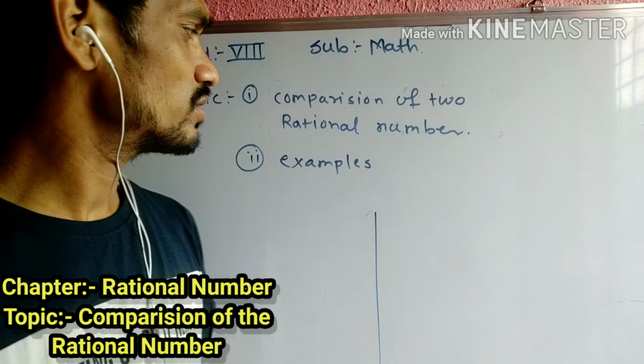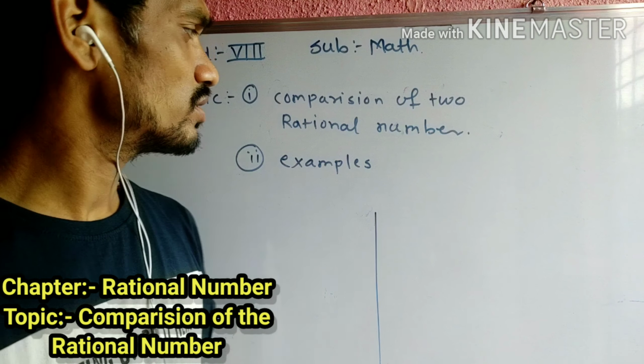My 3 is bigger than 2. Okay. So this 3 is bigger than 2. We can easily compare two positive integers. If you have 100 and 98, which one is bigger? So obviously 100 is bigger than 98. But what about negative numbers? Students, be aware about that. If you have positive numbers, we can easily compare.